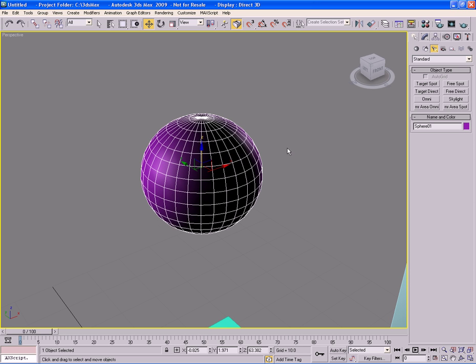Okay, let's activate the rotate tool by hitting E on the keyboard. So now you can see,